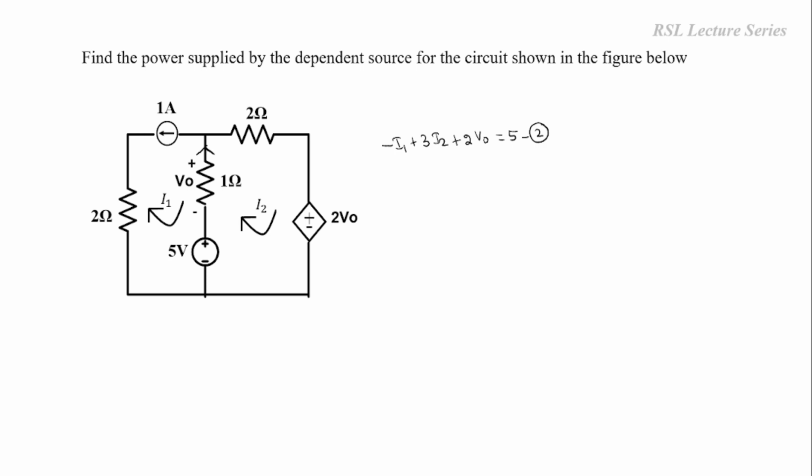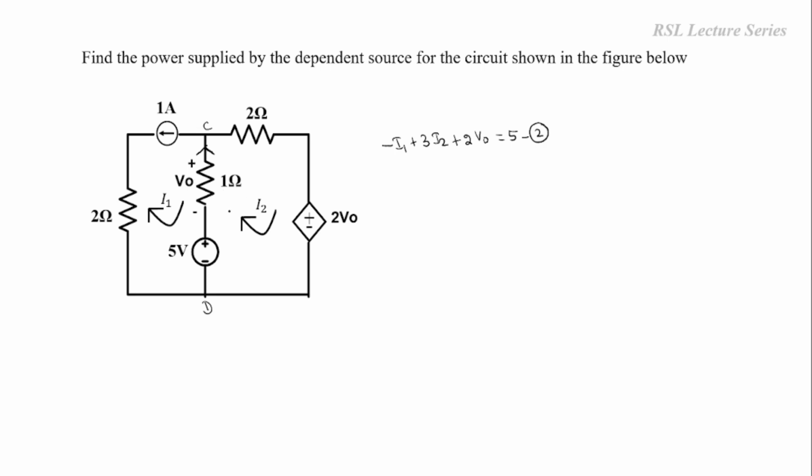So this is the direction of the current flowing through this branch. Suppose this is considered as C and D. Since the positive terminal is given here, the current should always be marked as flowing from the positive terminal. We already know the current flowing through this 1 ohm resistor is I1 minus I2